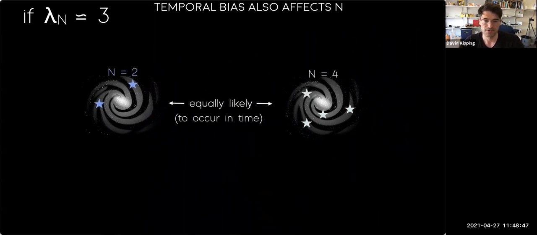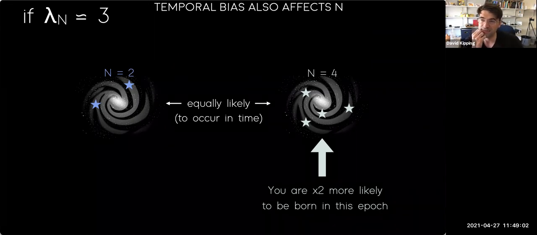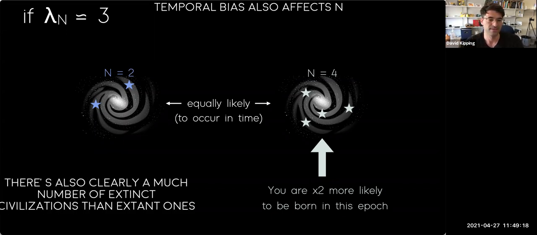but of course, you are twice as likely to be born in this galaxy than you are in the former, all things being equal. So this sort of also scoops the Drake equation a bit, and it means that you are most likely to live in a crowded era than a sparse era, is another way of thinking about it. So this is a very, very new thought. I haven't written this up anywhere. It's just sort of a thought that came together when I was putting together these slides that I thought was fun to share with you.